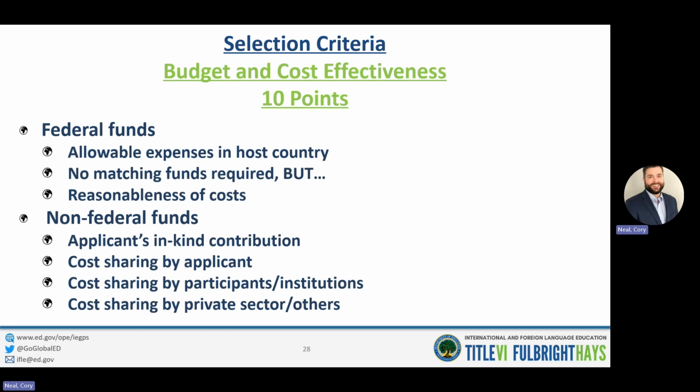In the budget narrative attachment, applicants should upload a detailed itemized line item budget and an accompanying budget narrative. So both a line item and a budget narrative. That should clearly outline how your costs have been calculated and how they are necessary to your objectives. Remember, long-term projects have a 24-month performance period, so your budget should reflect those 24 months.